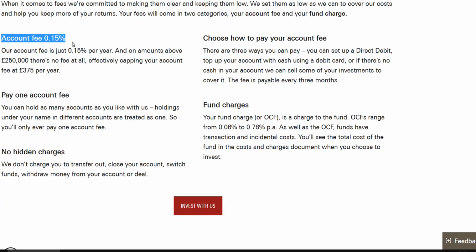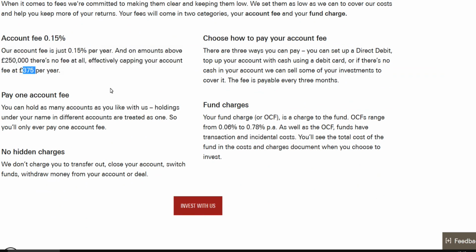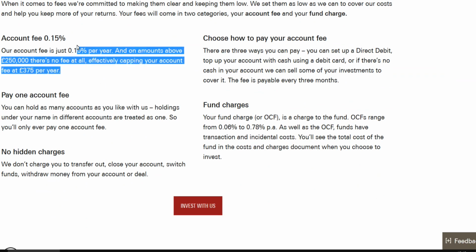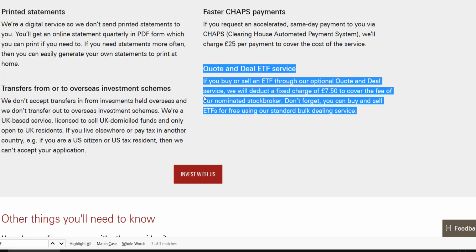So their account fee is 0.15% of the value, maximum of £375 a year. They don't charge you for doing the buys and the sells of the funds or the ETFs though, although for